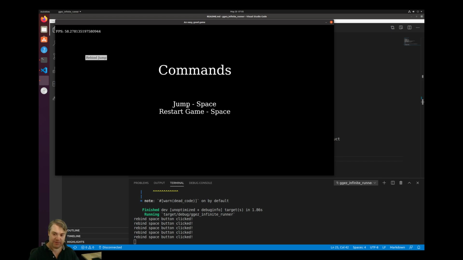I also want to potentially line these up, but again, this application is more about practice with the actual commands to do the rebinding as opposed to the graphical interface of figuring that out. All right, so with that,